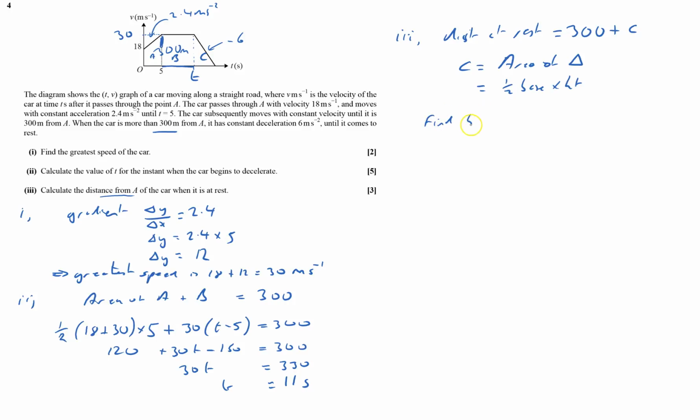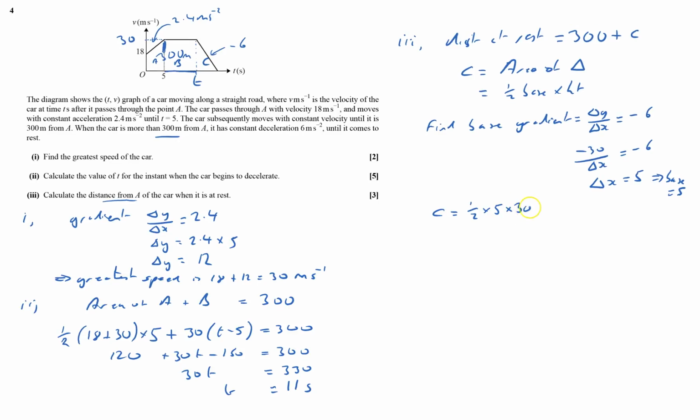So I've got to find the base of the triangle, and the gradient equals negative 6, so delta y over delta x equals negative 6, and change in y is minus 30, divided by the change in x equals negative 6, and therefore the change in x equals 5, and therefore the base equals 5. So I now got it. So c equals a half of the base, which is 5,